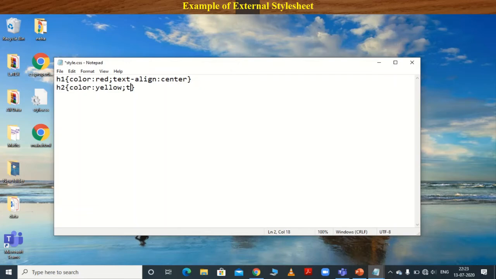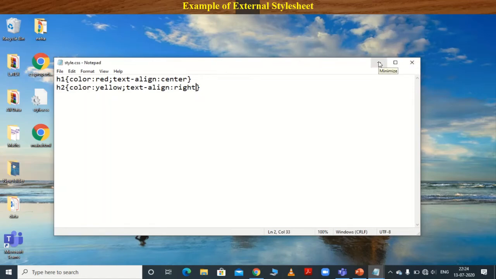Text align, suppose right. Okay, text align is right, and save this file by using Ctrl plus S.